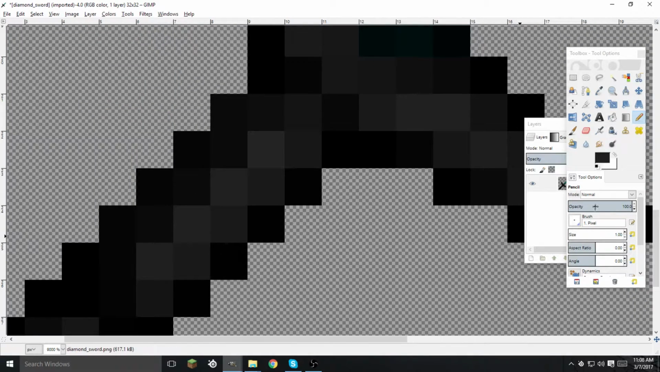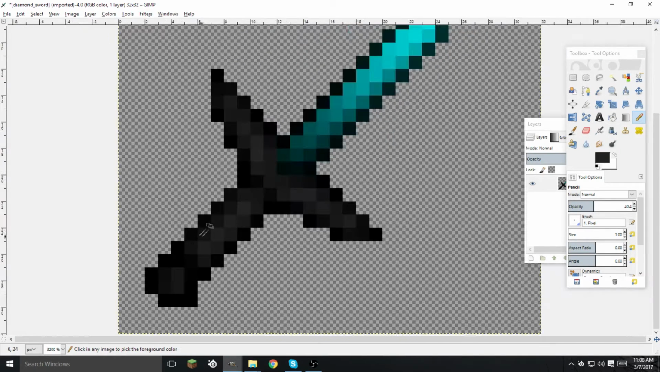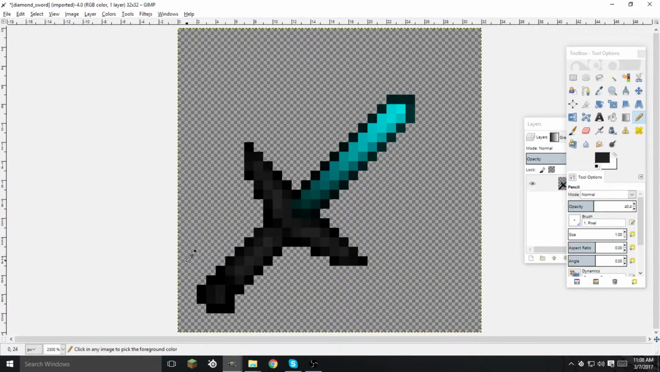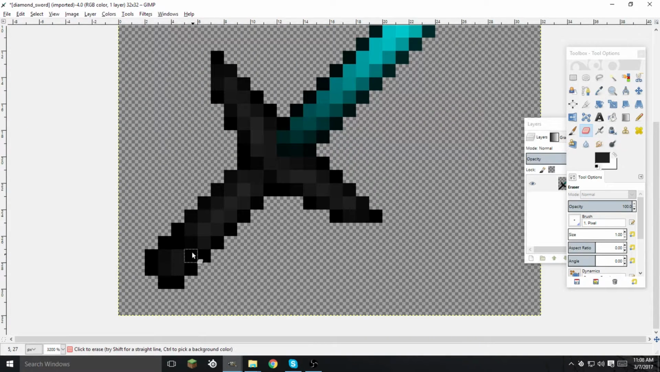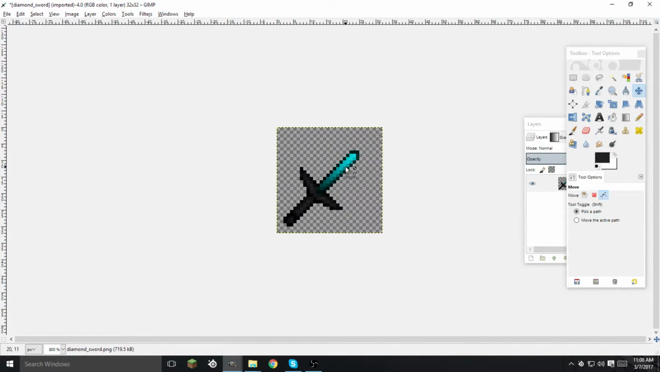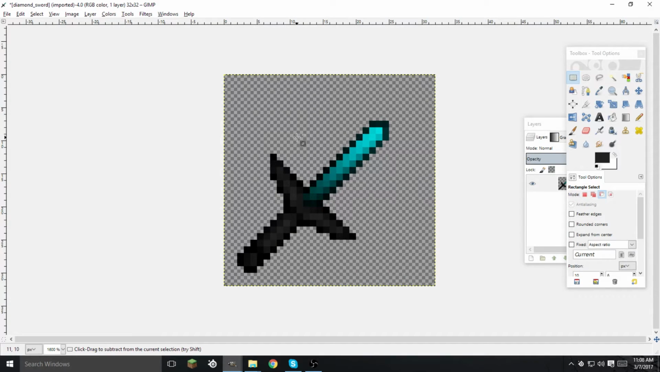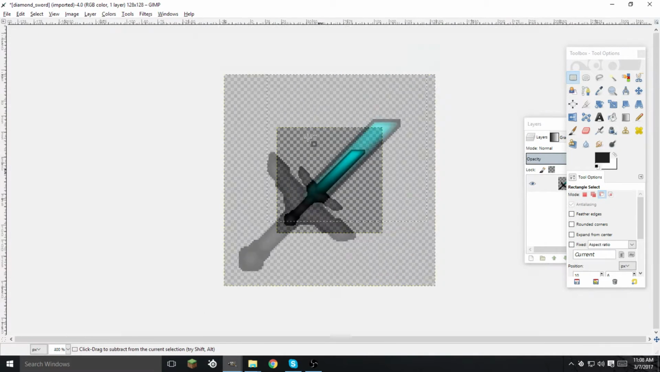Yeah, I'm going to take my opacity down and kind of make this handle a little bit bigger. Like that. And so you get yourself a sword. And then it's all evened out like that. And there's your sword. The thing is, that was a descale